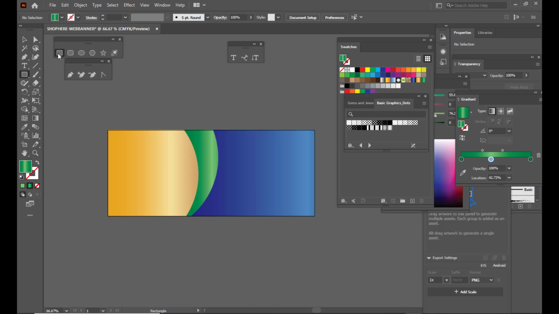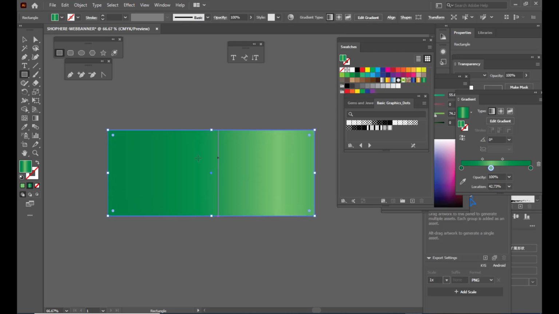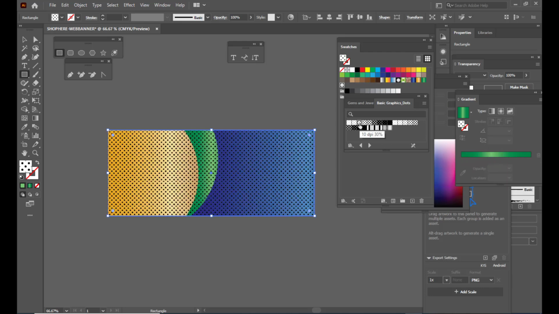But the way we are going to apply is we'll select one rectangle here, and for this rectangle we can apply these patterns. So something like this. So in case you don't find these patterns interesting, you can get some other patterns from online, or from somewhere on your system or desktop, or from wherever.